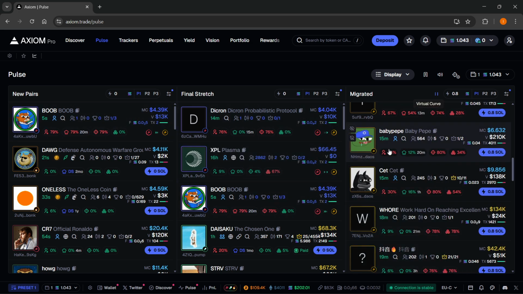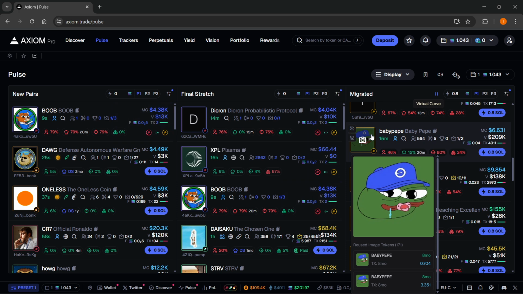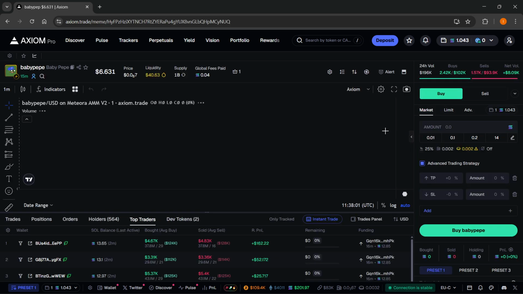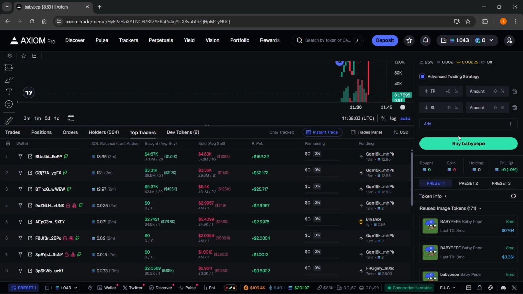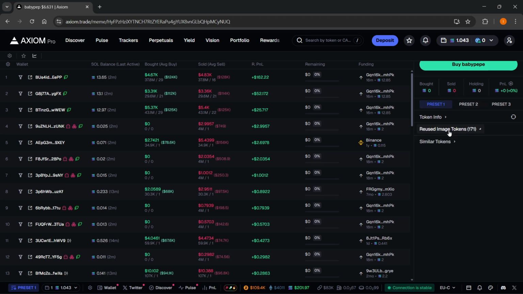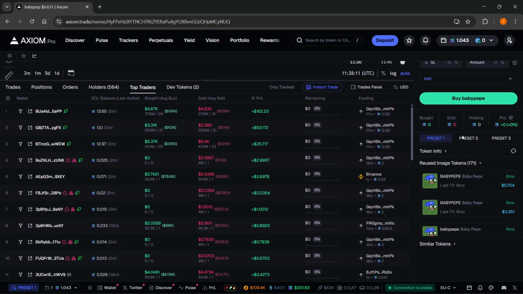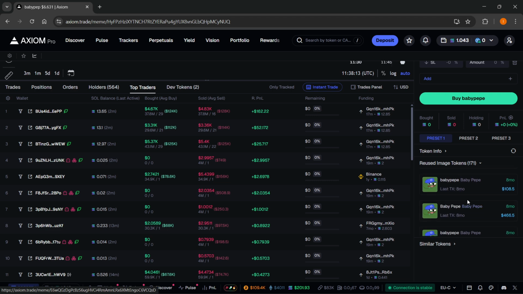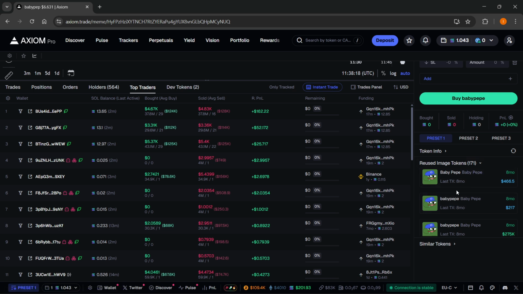And if you'd actually like to view this, you want to go inside a specific coin that has, of course, more than one. So I'm going to go inside this coin. And then here on the right, you can scroll down a bit, and you're going to see it says reused image tokens, and then the number of how many there are. You can just click on that, and it's going to show you a list. You can basically just scroll through and see which tokens these are. Okay, so that's how we can